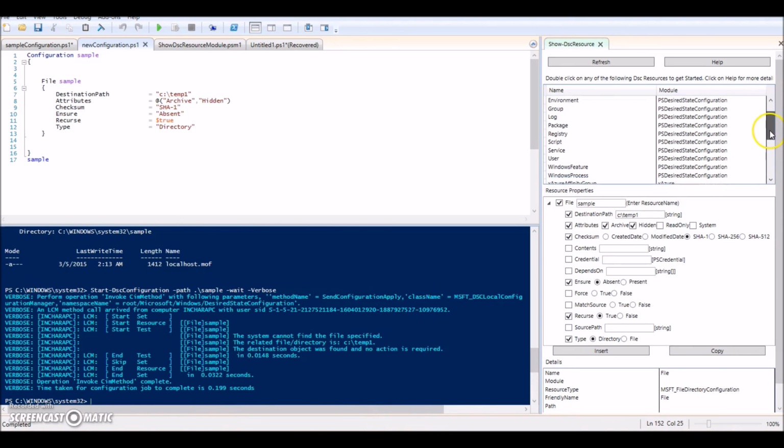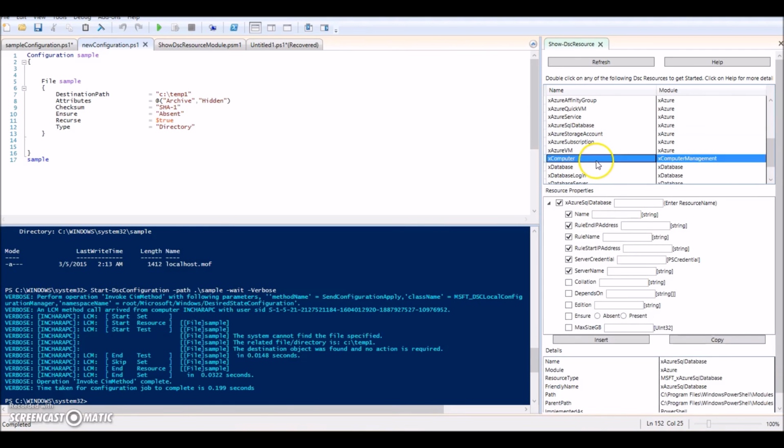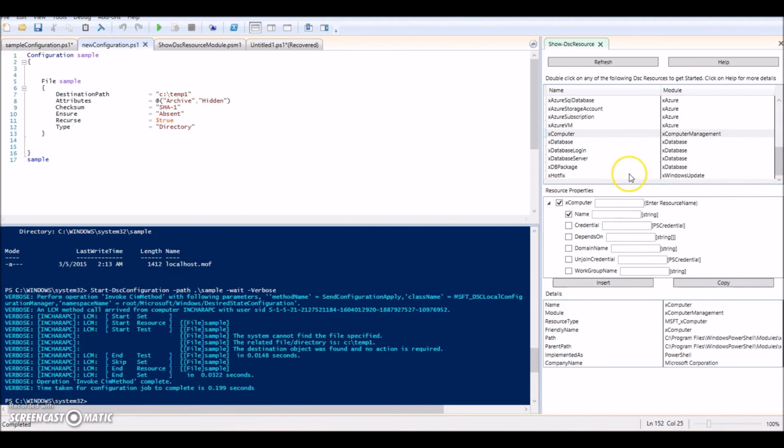And it's not just for the file resource, which is quite maybe something that you've used more often. Consider the new resources that you downloaded, like all these Azure xComputer database resources. One thing that you must know, if you did not already know, is that all the resources present inside C Windows System32 do not need an Import-DscResource tag. However, if you're using a new resource like xComputer, now this shell tells me that the path is in C Program Files. Now anything that is not present in C Windows System32,